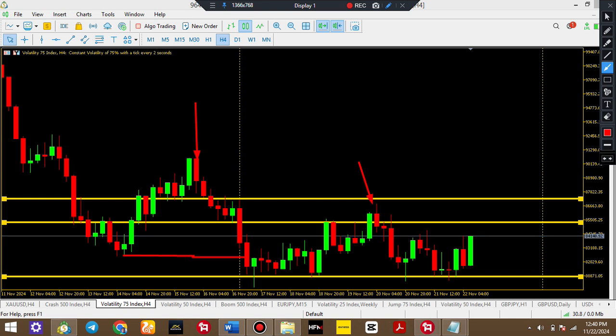So as it is now, price is still within a bearish form of trend. So until price breaks out from this zone, then we start seeing a kind of buying forces before we consider taking a buy, and we channel all this from the higher time frame downward.